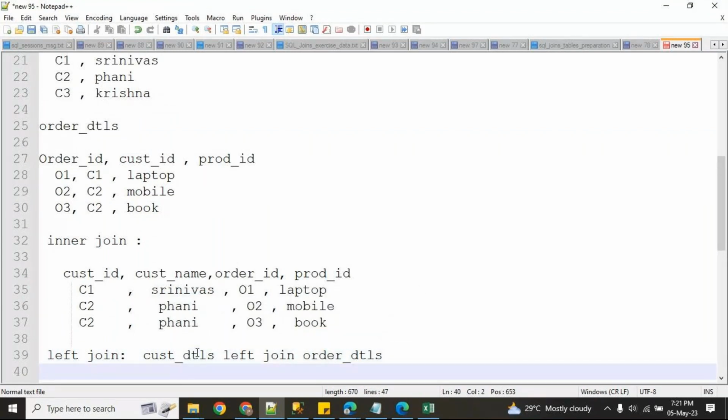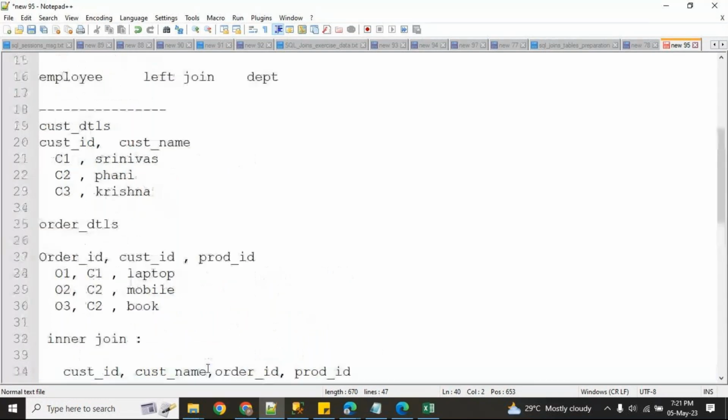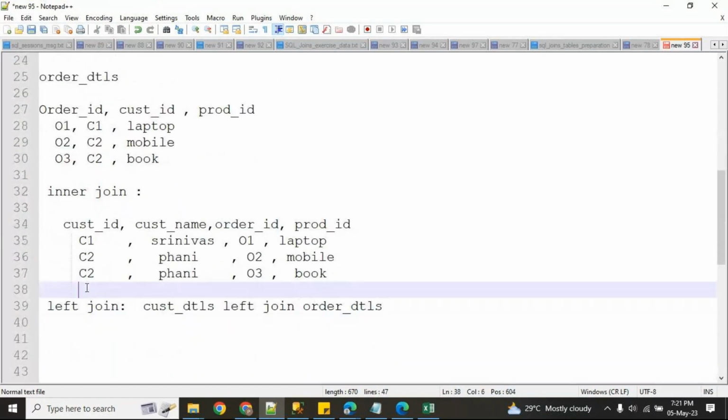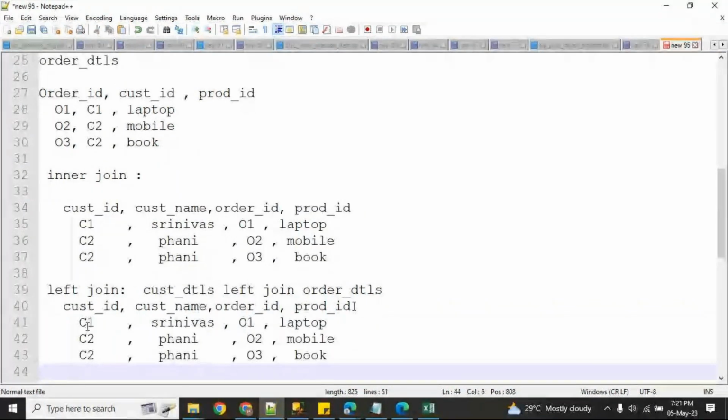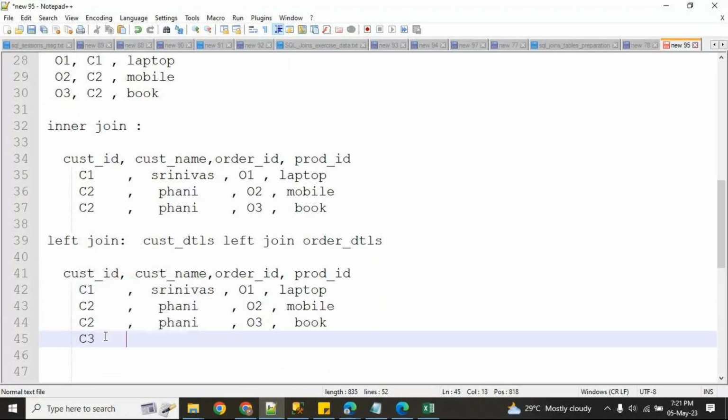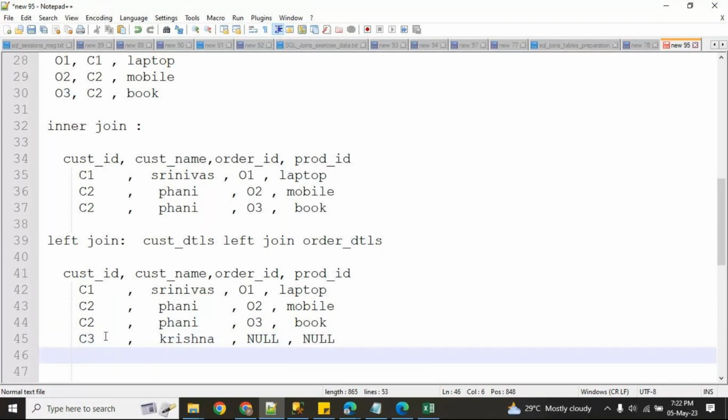Left side, all the data I want, means I don't want to lose the customer details, whether he has done some order or not. I want all the customers. In those cases we can use this left join. First he will get all matched data, and for the left side customer who did not purchase anything, I can get a null value here.